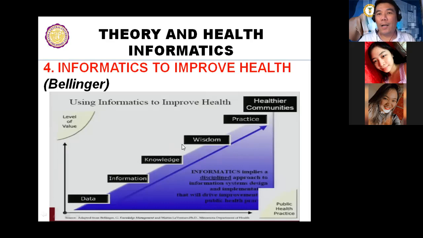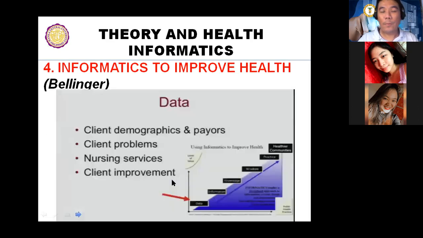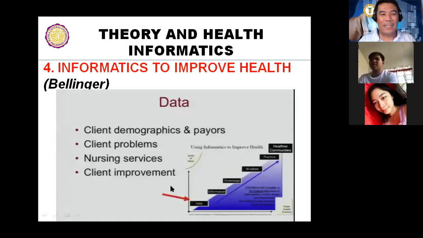But once it becomes wisdom, you are now sharing it. When it is applied in practice, the majority of nurses, even outside your institution, will benefit from it. This may also apply to how research findings can be useful for nurses and for the community. If you will notice, in the case presentations and case studies that you have, you have a significance of the study. You consider who will benefit from the findings of your case study. So this is a more complete one, and I may end here because it's almost 5